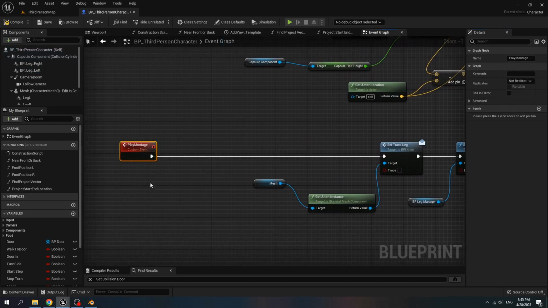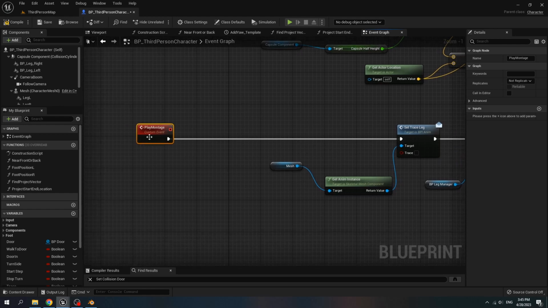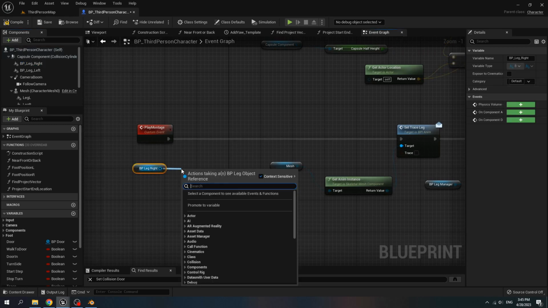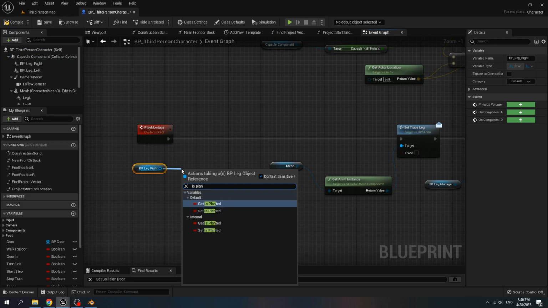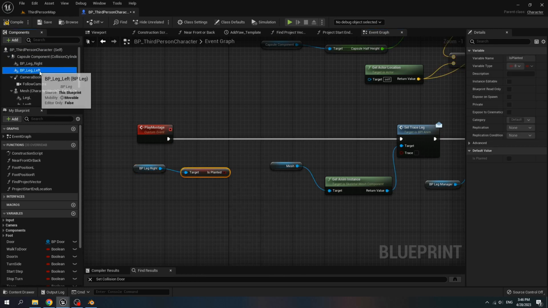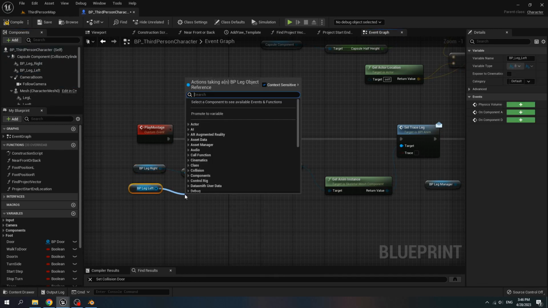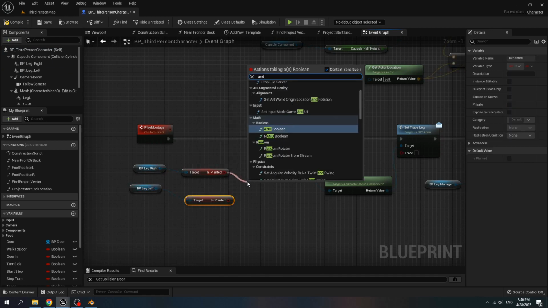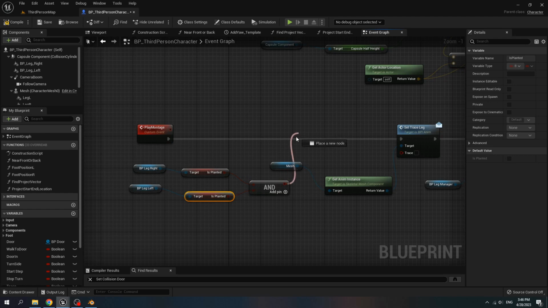We want both legs of the character to be planted before starting to open the door. So get BP leg right, call is planted, and get BP leg left, call is planted, and create a branch.